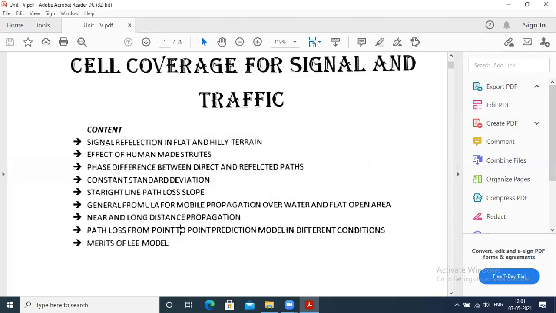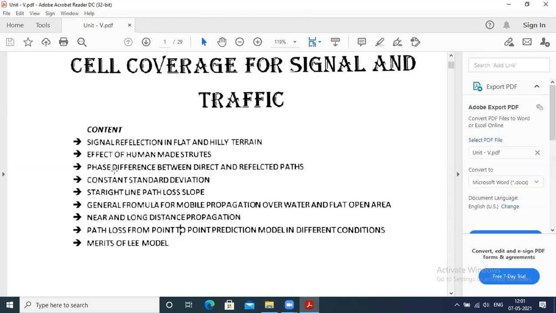This will be unit 3. So we will have signal reflection in flat and hilly terrain, effect of human-made structures, phase difference between direct and reflected path, constant standard deviation, straight line path loss slope, general formula for mobile propagation over water and flat open area, near and long distance propagation, path loss from point to point prediction model in different conditions, and merits of Lee model. These are the topics of